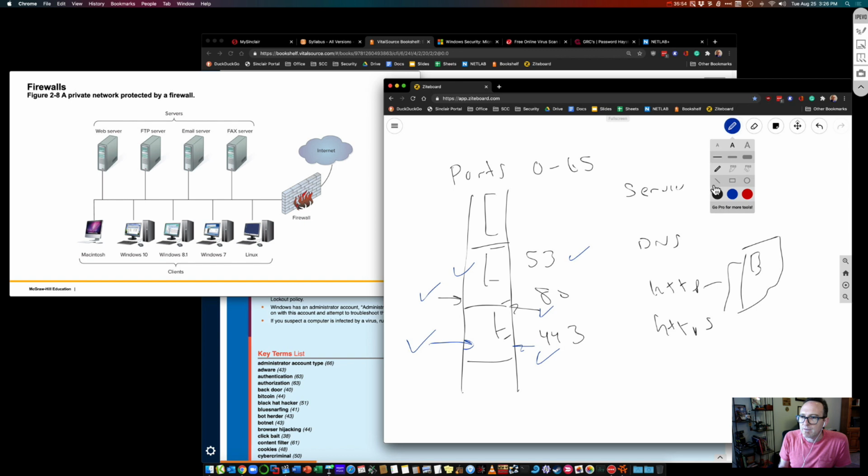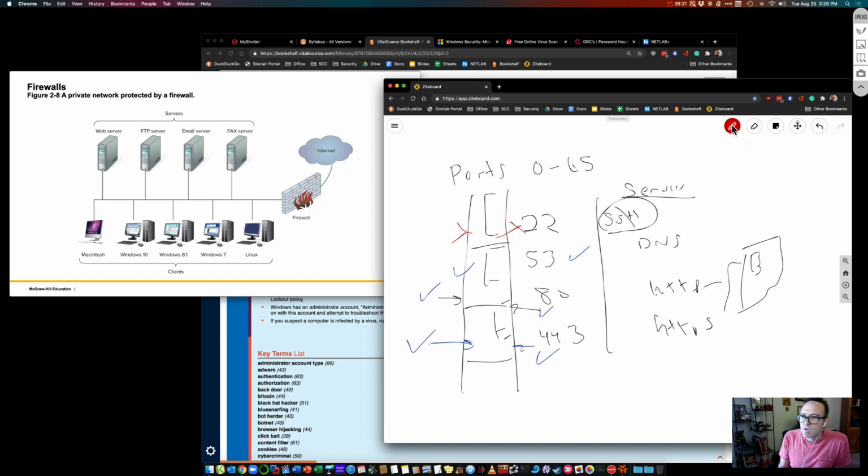But let's say we have port 22, for example, which is secure shell, something you might not use. Don't worry if you don't know what these are. You'll hear about them more through your college courses here. But let's say you don't need this, so we don't want it running. First off, we turn it off, but also we block